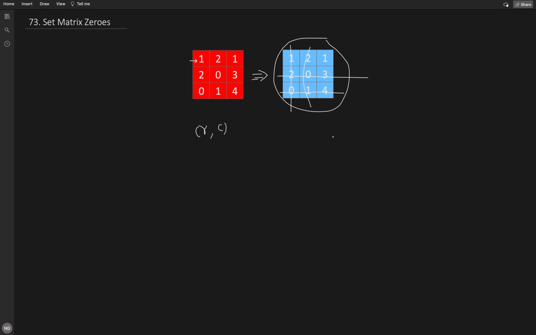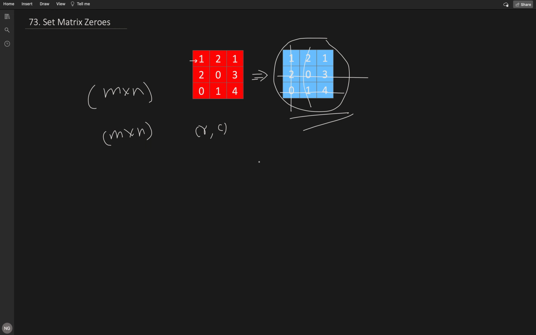So the final answer is this whole matrix with all 0 except this place, which is the one original value. This is one solution, very brute force, very bad, as already mentioned in the problem statement, but it is good to have if you are not able to do any better. The size of our matrix is m cross n, so the time complexity is O of mn, and the space complexity is also O of mn, as we are using extra space by creating this copy matrix.